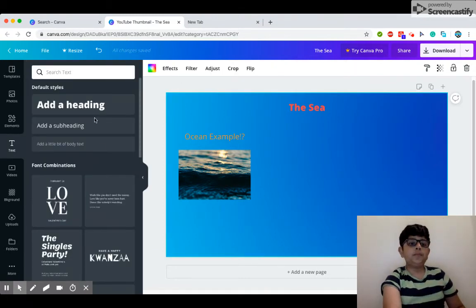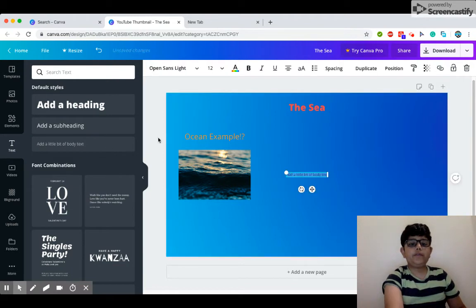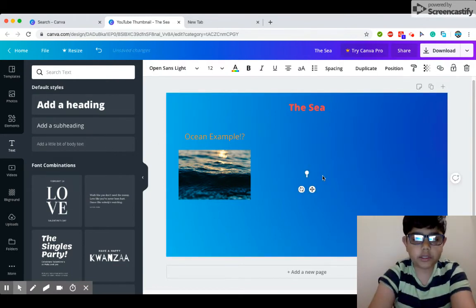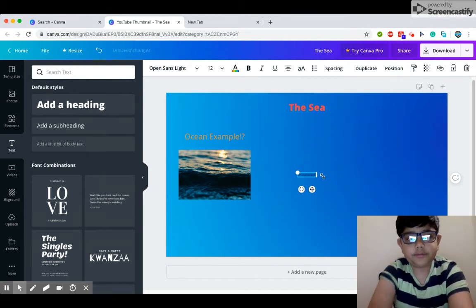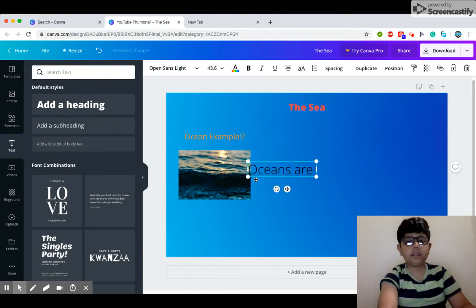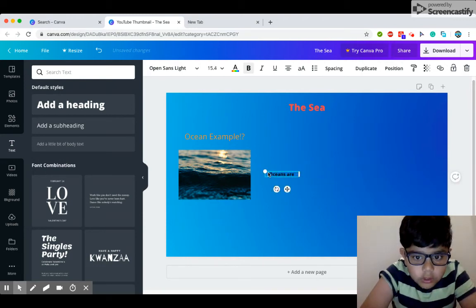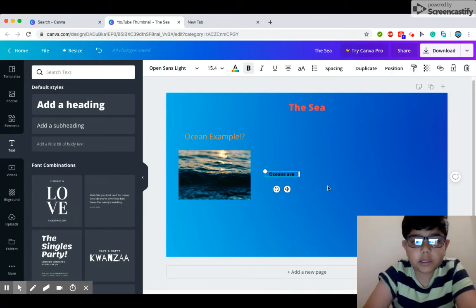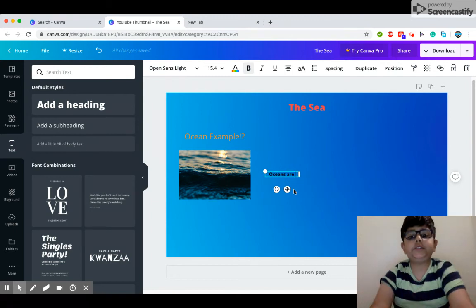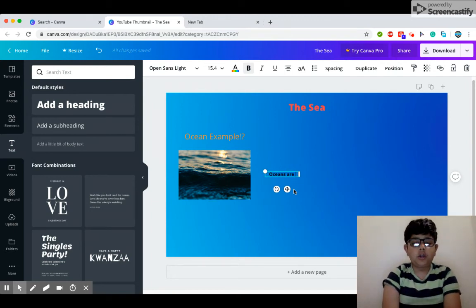And then if you want to say oceans are, and if you want to make it stand out even more than this, then do this. Make it bold, and then you can do lots of stuff. Okay, so you can write oceans are